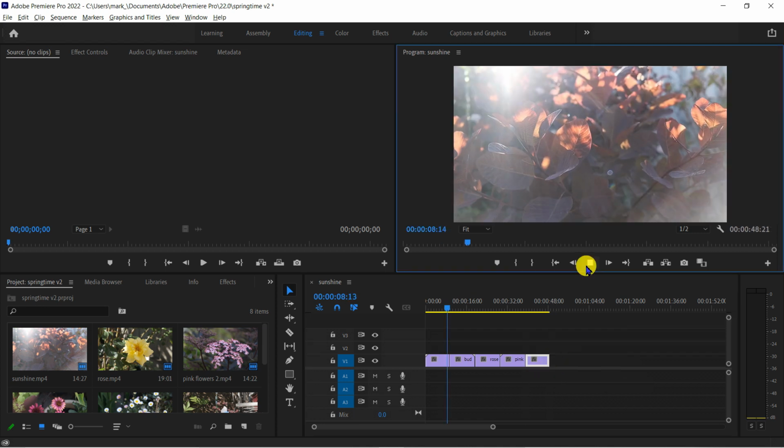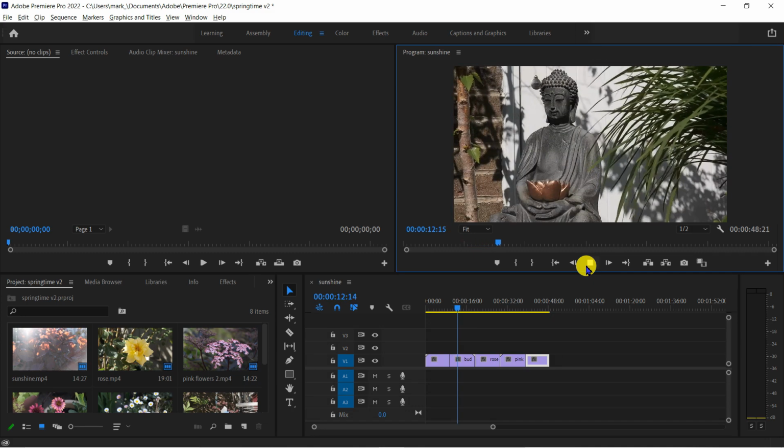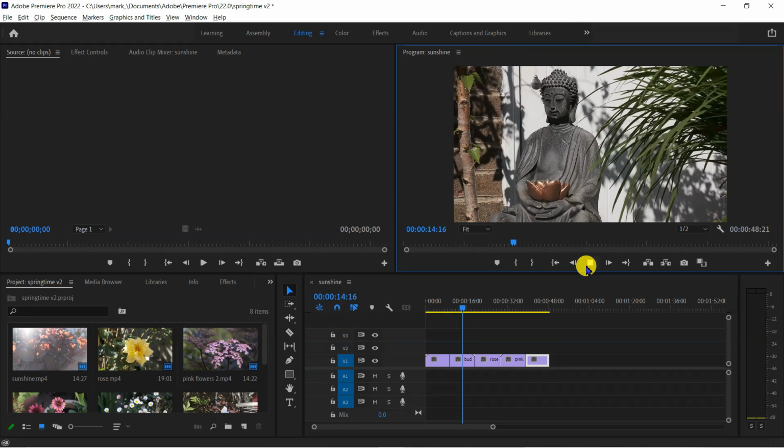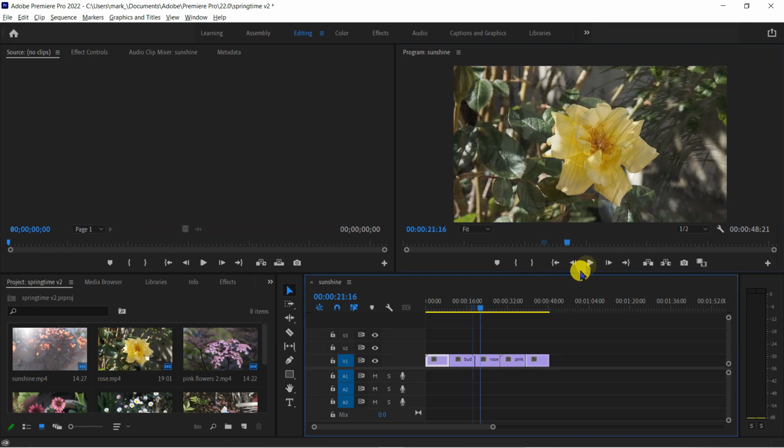Next, let's add some crossfades between the flower clips. In Premiere, there's a useful keyboard shortcut that will apply a default transition to all the clips we select. I'll start by selecting all the flower clips by holding down my Shift key and clicking on them. Now all I need to do is press Ctrl D on my keyboard, that's Command D on a Mac, and